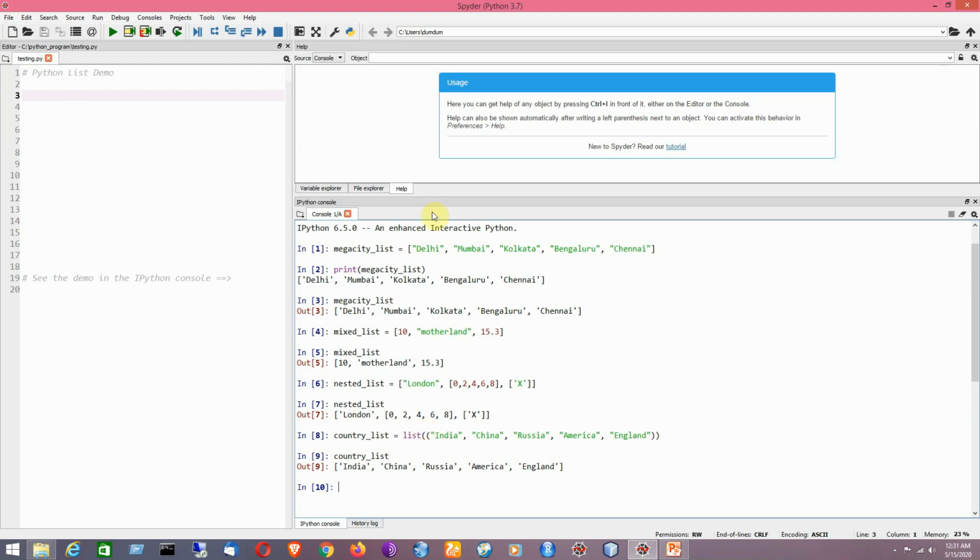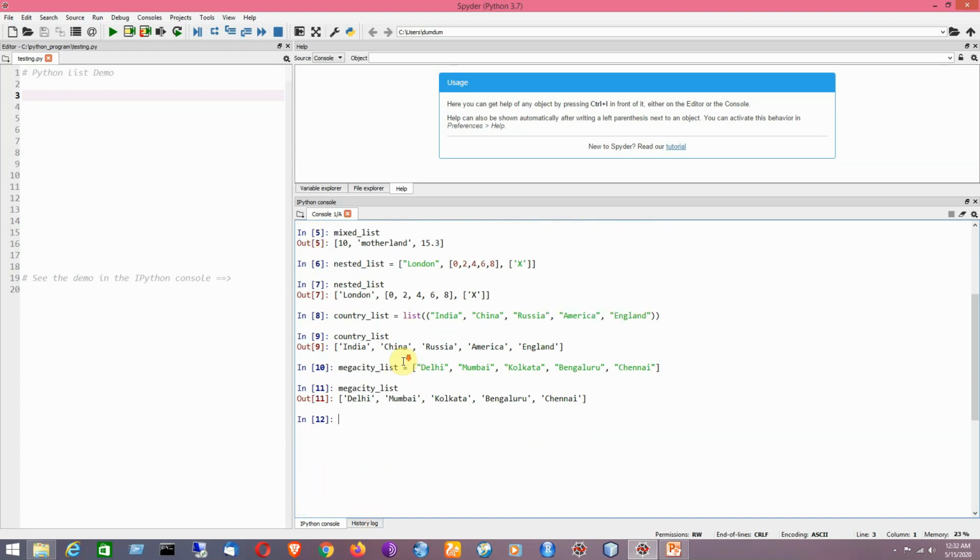So now I will be using the same line of code here. Though it is already created, I will still try to execute it. So if you just write here megacity list, it will be printed here. So it has been printed over here. Now I would like to provide you the idea of using indexes. Say for example, now I would like to write here megacity list within third brackets 1.